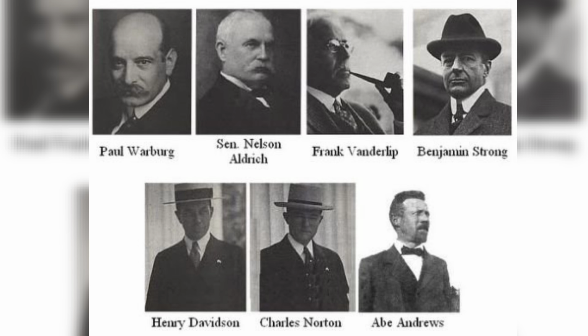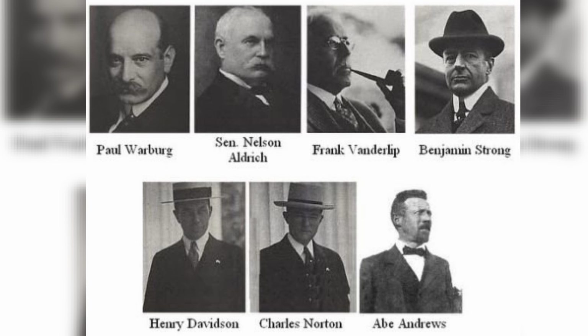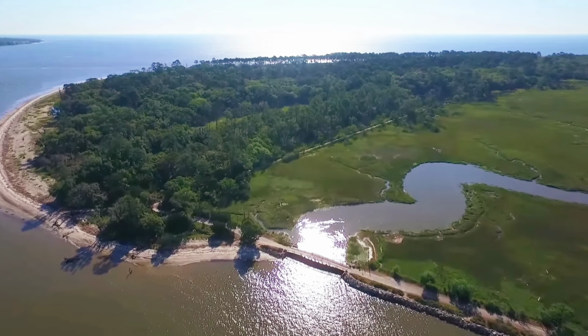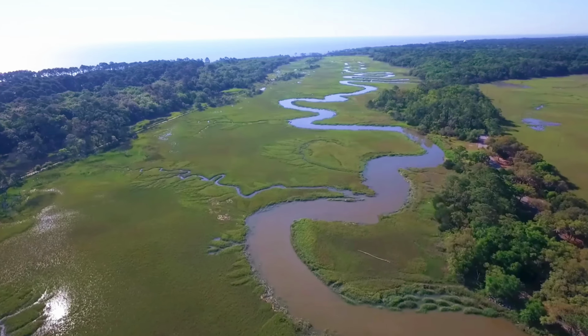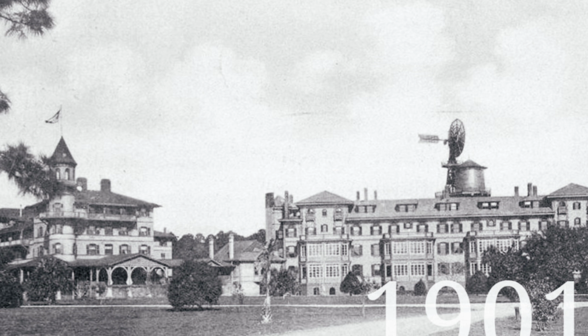These elite men came up with the plan for the Federal Reserve during a secret meeting that was hidden from the American people. In 1910, a secret meeting took place behind locked doors the public was never supposed to know about. This top secret meeting took place on a private island off the coast of Georgia called Jekyll Island, which was a remote, luxurious retreat for America's wealthiest men.